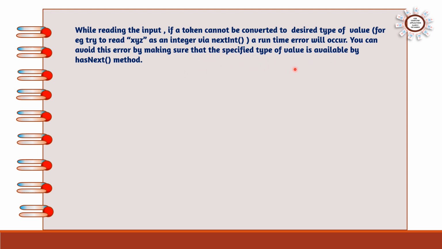So if you don't want to show the error and you want to check whether any error is there while inputting, then the hasNext method is there. This will help the programmer to see if any mistake is there in inputting. For example, asking for integer type and inputting double. That is a mistake. The program will stop and a runtime error will come. So to avoid this, to check the mistake, the hasNext method has been introduced. So now we can see how this method is used.